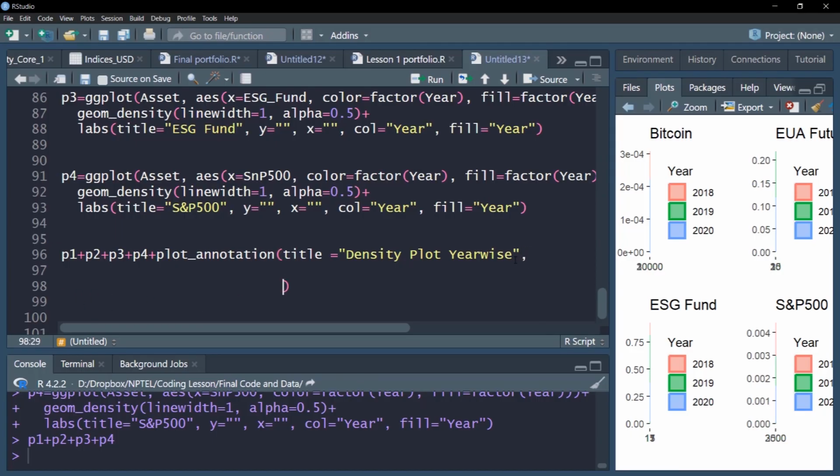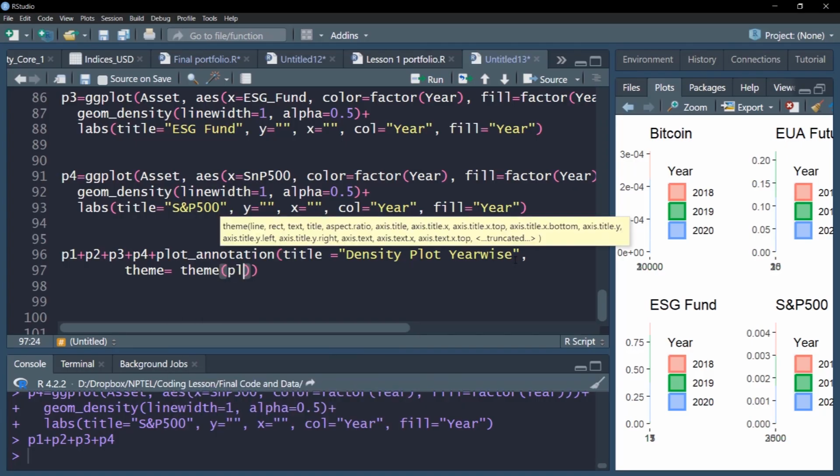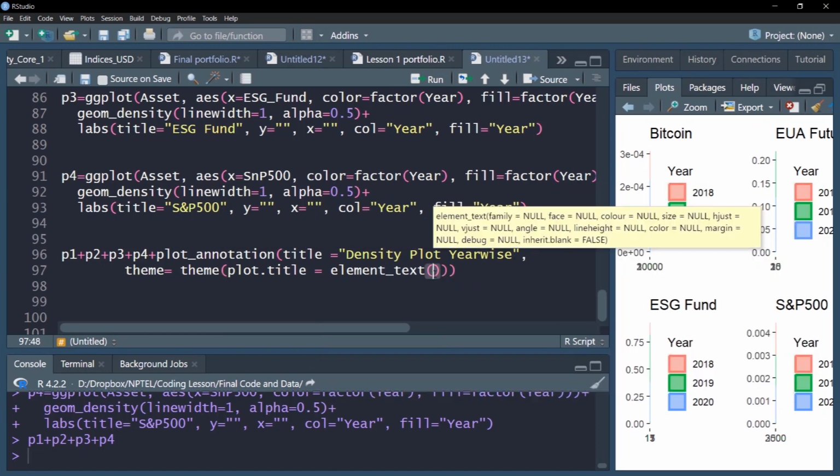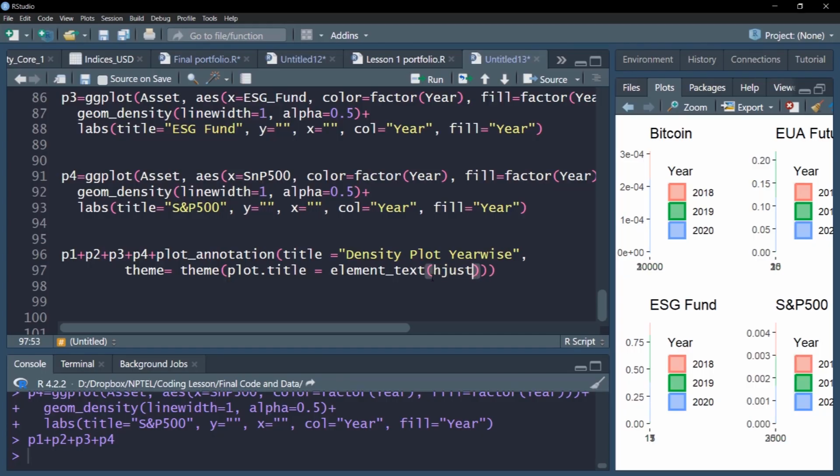First dimension is theme, very important dimensions. Through the theme object we'll create theme, and as you recall, we use plot.title and element_text, we often use this element_text to adjust our central heading by half. We'll make it center with this 0.5. Also we'll increase its size relative to other axis labels. We'll increase the size a little bit. By practice I know, by experience I know, 20 will do the job, and then we'll slightly highlight it in the bold font.